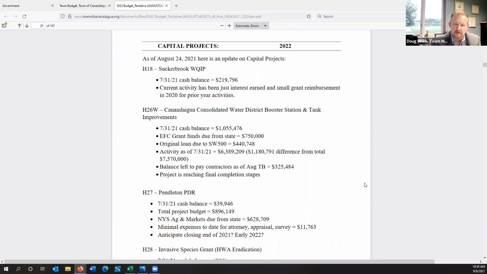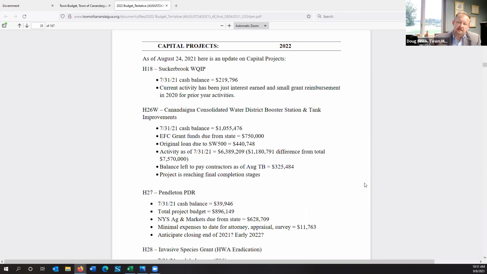The Sucker Brook Water Quality Improvement Projects, the WQIP. Many people will see the one that has been completed on State Route 5 and 20, not very far from the town hall, as well as the one that was completed on County Road 30. That was a joint project between the town of Canandaigua and the city of Canandaigua. It's designed for when we have those extreme weather events, it seems like they always come at the end of July, and we get those heavy, heavy rains. It's designed to hold back some of that water in those water quality improvement projects, keeping the sediment out of